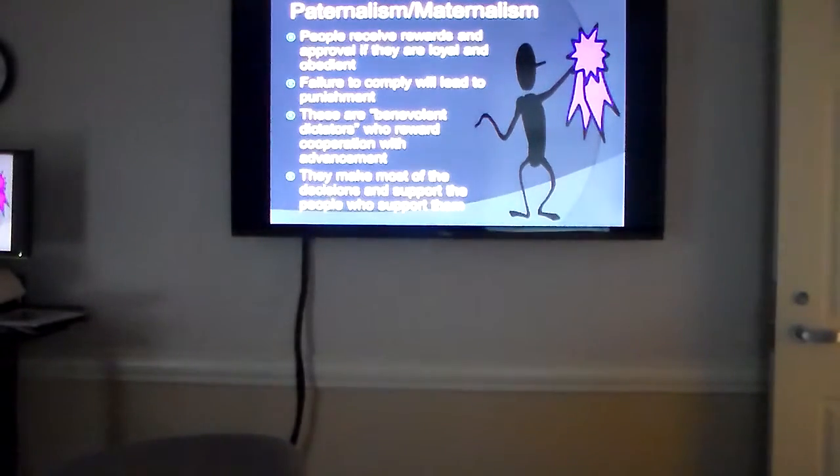The paternalistic, maternalistic approach to leadership. These are basically saying that we're just going to reward people for doing what they're supposed to do by being loyal and being obedient. Even though it says paternal and maternal, it's more authoritarian. It's more authoritarian, I believe. They're benevolent dictators. They want their